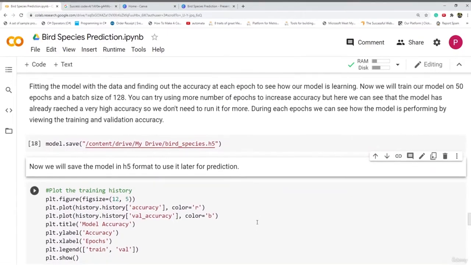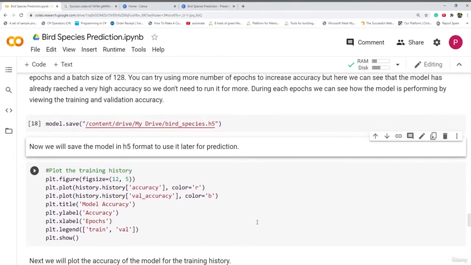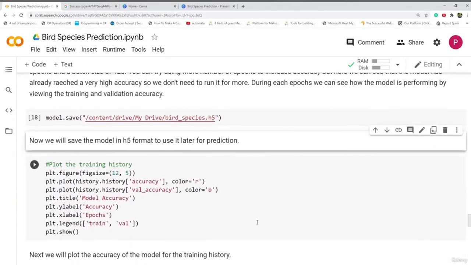Next we will plot the training history. The training history contains the history of the model, the accuracy, validation accuracy, and all other things like loss and validation loss. Here you can see that we are plotting the accuracy and the validation accuracy around each epoch.